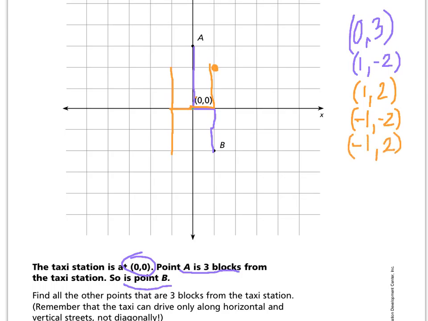I'm going to go ahead and go over 1, 2, 3, which would be 3, 0, and mark my point. I'm going to go down 1, 2, 3, which would be 0 on the X and -3 on the Y. And I'm going to start at the origin again and go left 1, 2, 3, which would be -3, 0